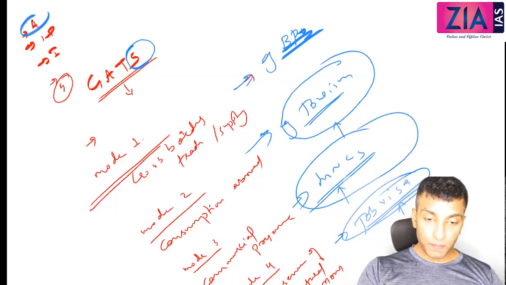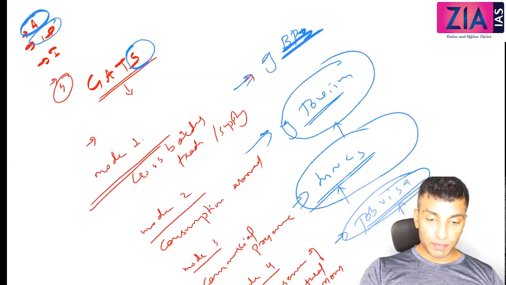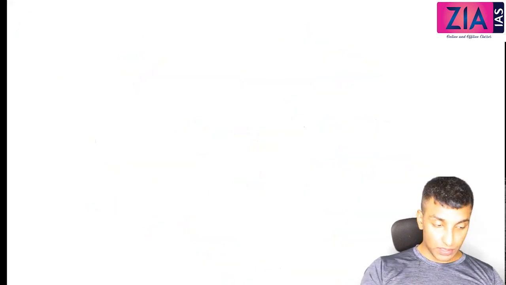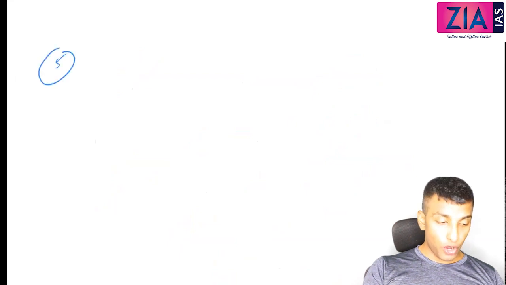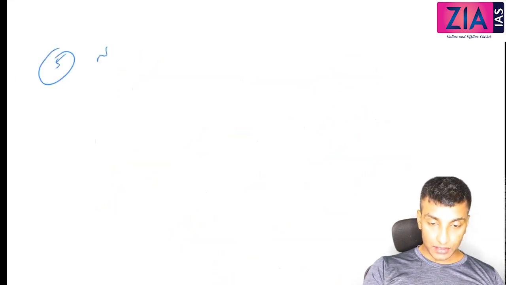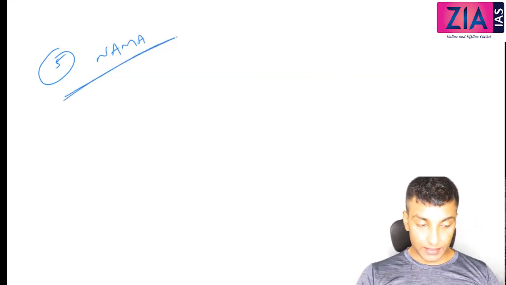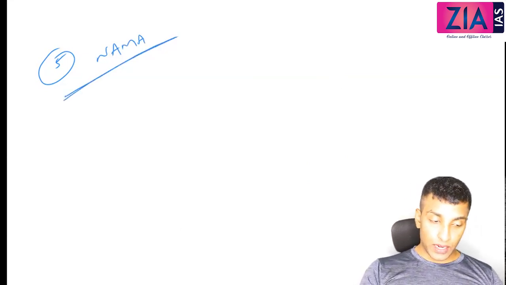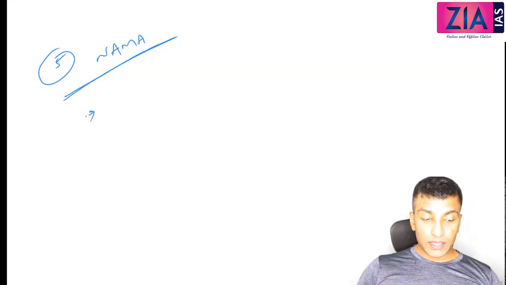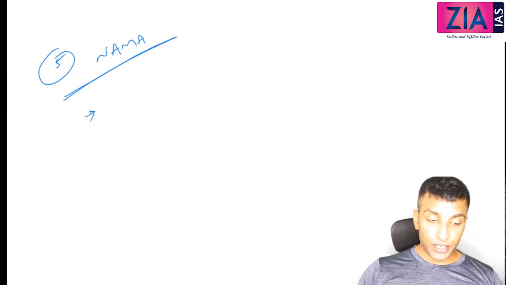So agriculture, intellectual property, investment measures, TRIMS, and then GATS. One more we need to discuss, that is non-agriculture market access, NAMA. Non-agriculture market access. Just write one line. It deals with reduction of tariffs